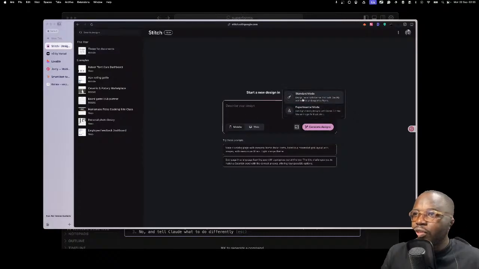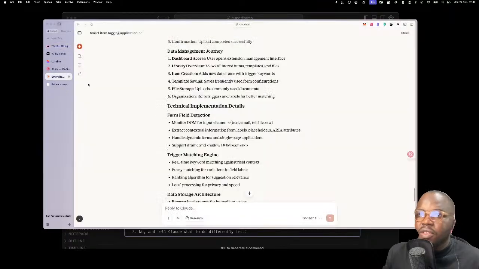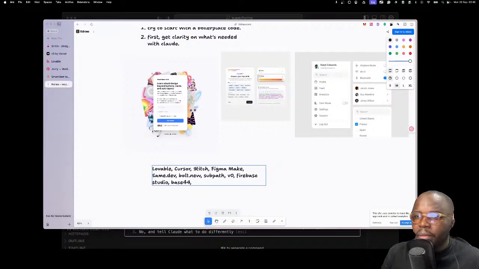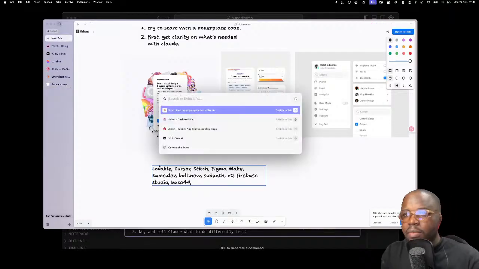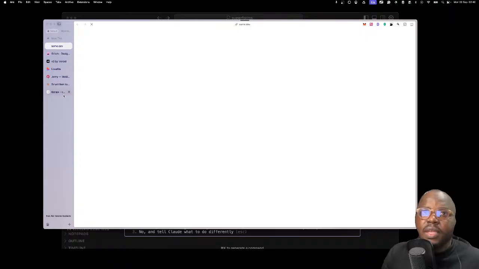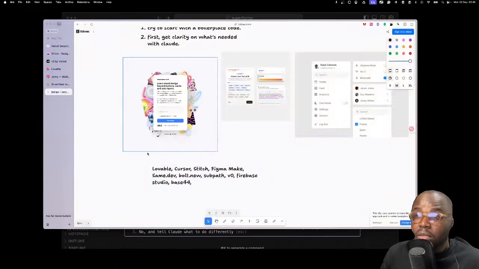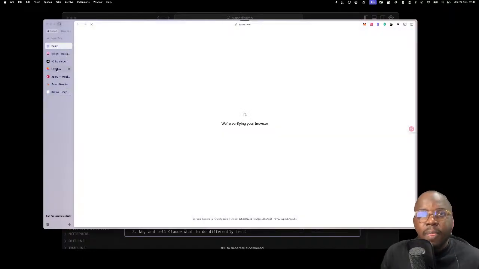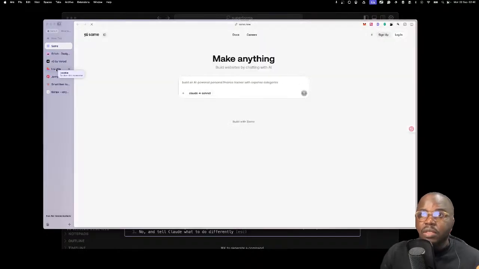I think we're going to use this. So experimental mode, standard mode, design faster with Gemini 2.5. Okay, we're gonna use all 3. Let me see if there's anyone else to try. Is anyone to try Figma Make? Paid. Same.dev. I don't think that was paid. I think that's free as well, or some form of free. Alright, I think it's Subframe, not Sub. Both are not paid as well, but I think you get a pretty good margin with the free trial.